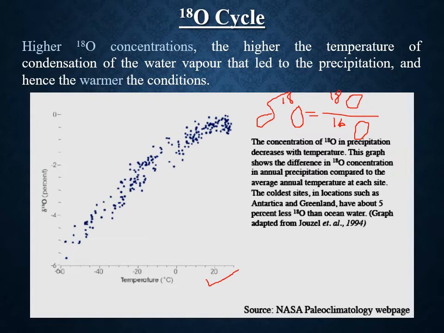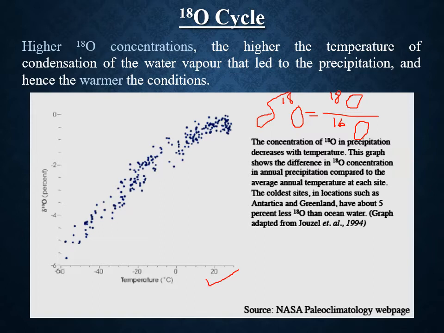So 18O is relatively high. In contrast, during average low earth temperature conditions, when a lesser amount of energy is available for evaporation, most of the 18O remains within the seawater. So mostly 16O will go into the vapor state. So during that time, the snow precipitated in the polar regions is depleted in 18O.